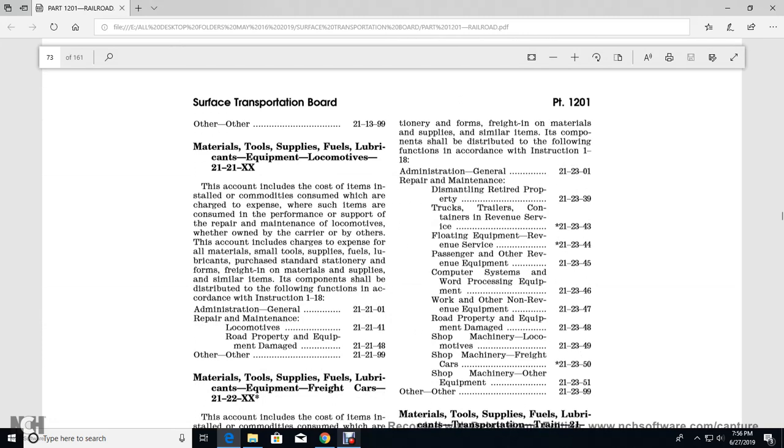Alright, mechanic materials and tool supply, fuel, lubricants, equipment, the locomotives 2121XX. The account includes the installation of the commodity, the consumer, the charge for the expense of such items consumed in the performance, support for the repair, maintenance of the locomotives which are owned and carried by others. The account includes the charge for the expense of all the material, small tool supply, fuel, lubricants, purchase of standard stationary freight, and other material and supplies with similar items. Its components shall be distributed to the following functions according to 118 administrative general, the repair, maintenance, locomotive, road property,